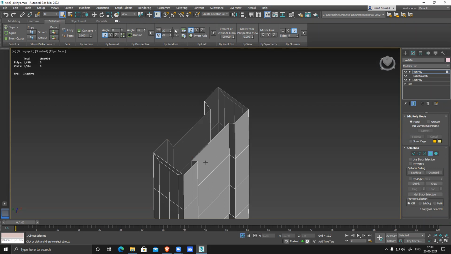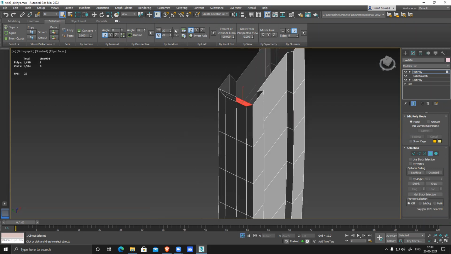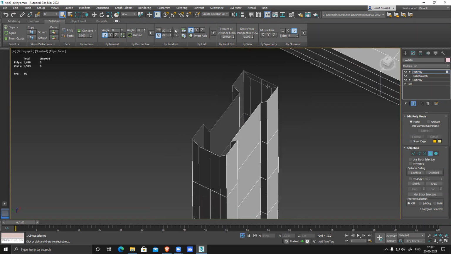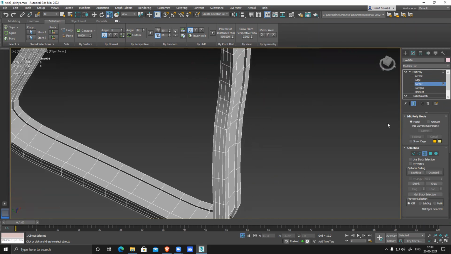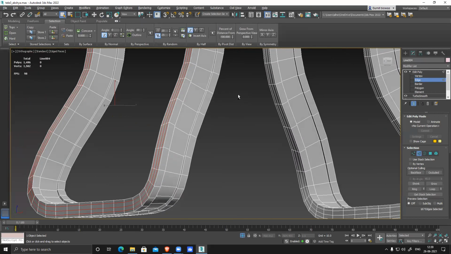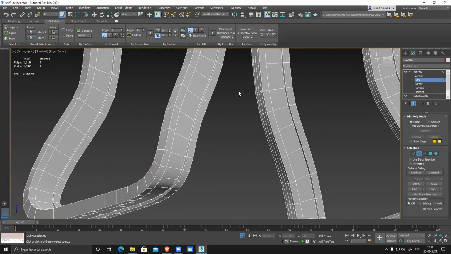Delete it. So you can make it super clean. If I want, I can delete this also. And select your border, scale, make it a perfect straight line surface. Edge mode.